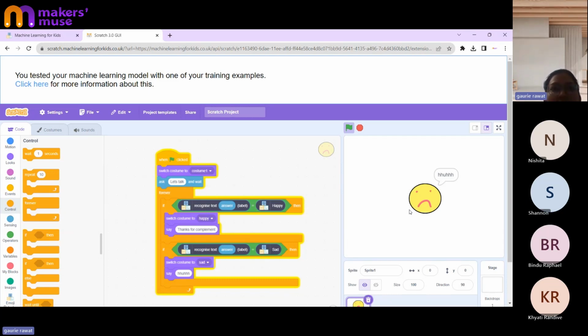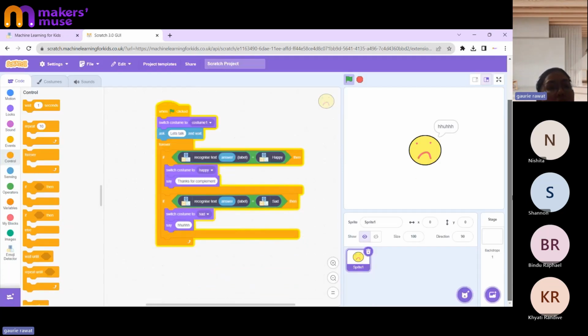Okay, great. So this is how, in Scratch, we teach students about the machine learning model. We have different activities that we can teach the students. This is just a simple activity on some text, or we can make a chameleon activity, like a chameleon that changes color based on the surroundings. So there are multiple activities in Scratch that we can train the students on.